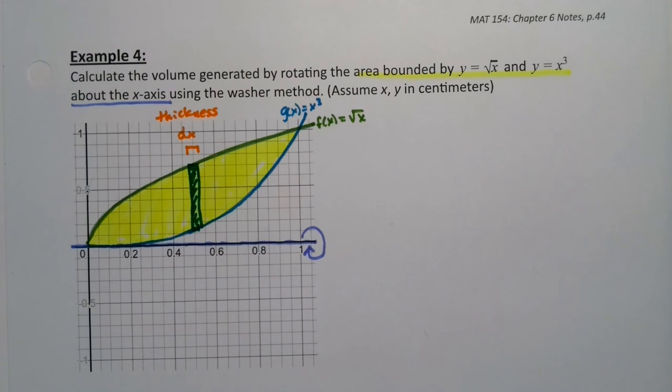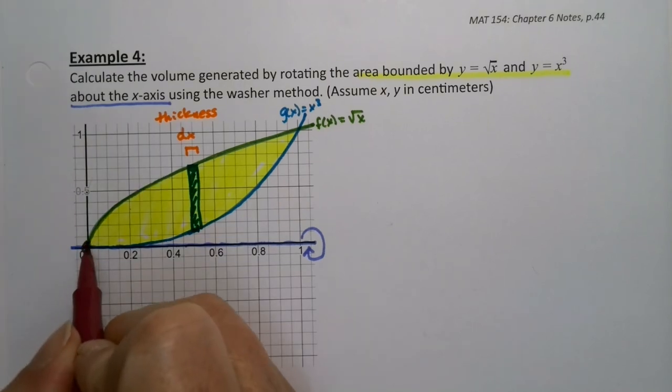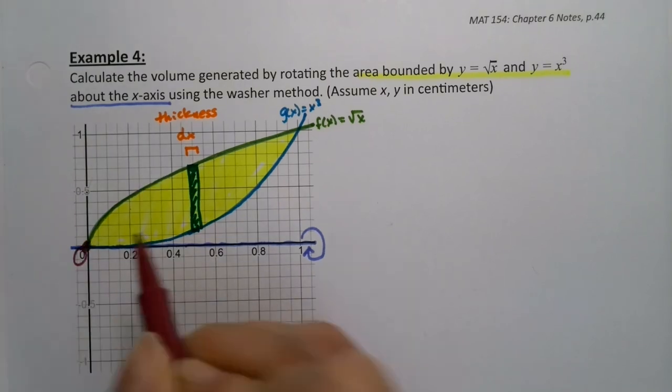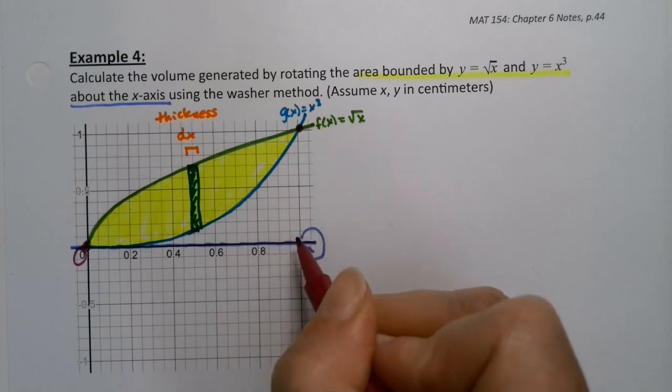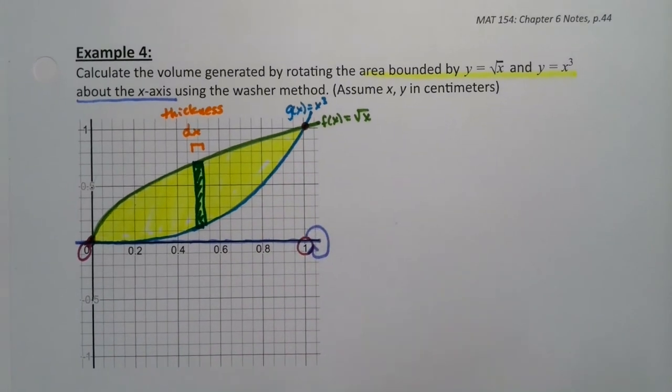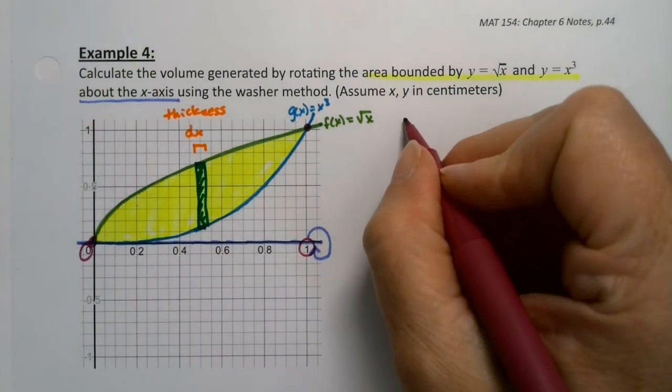All right, now what about the boundaries? Well, we can tell from a mile away, hopefully, that we're going from 0 to 1. So you can see right here, they intersect at 0, and over here, they intersect at 1. So the intersection points for the integration boundaries,